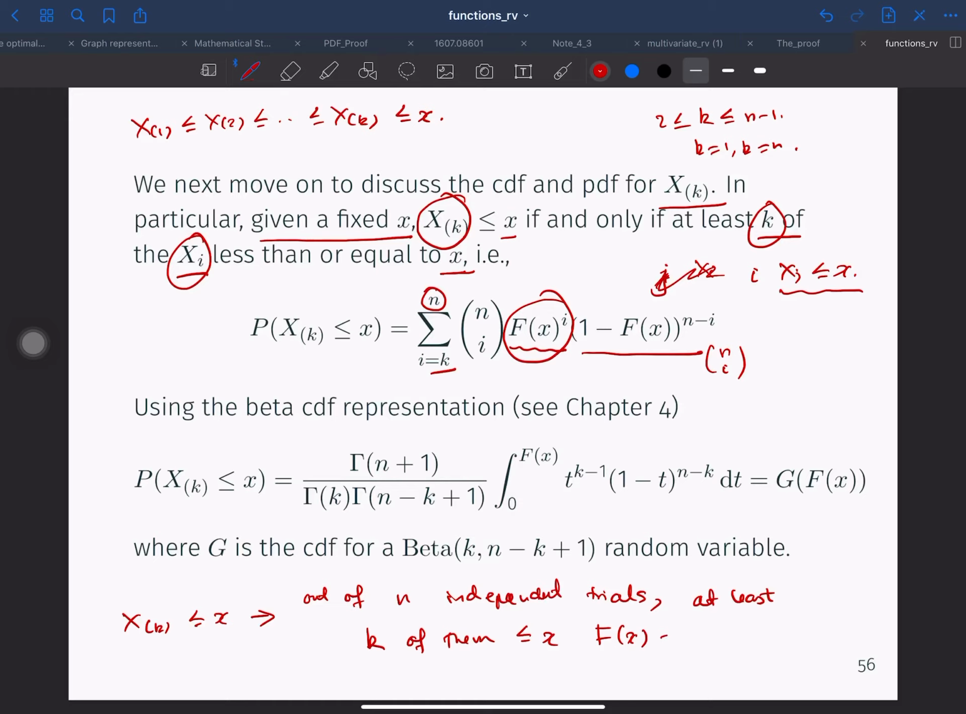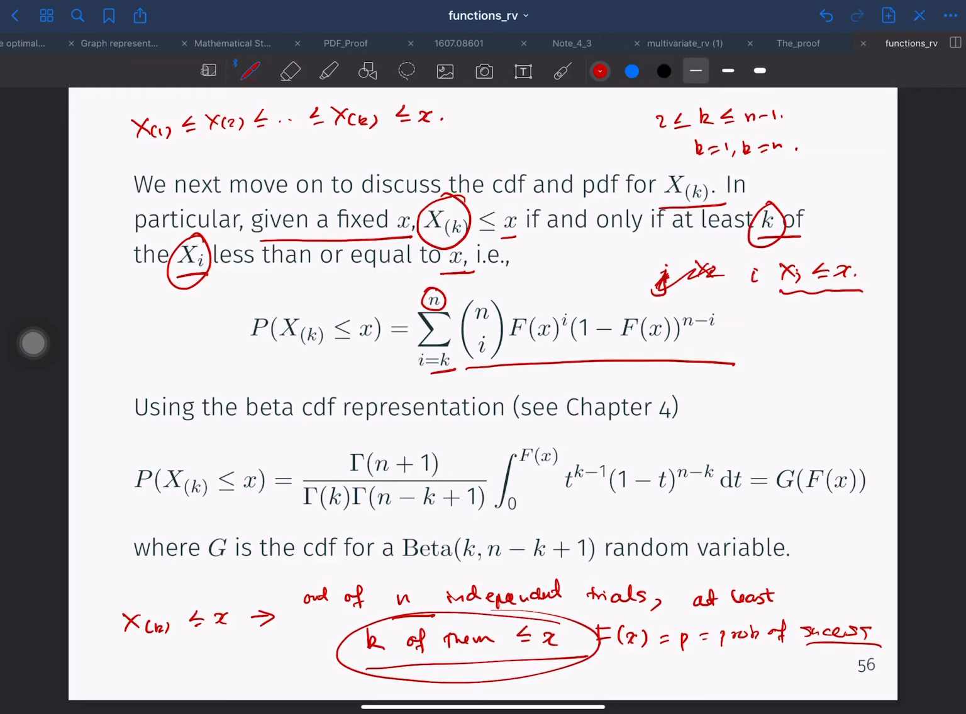So F(x) is p, the probability of success. The probability of success is the probability that it is less than or equal to x. So therefore, by this tail property of the binomial, that is simply this quantity. Out of n independent trials, at least k of them are less than or equal to x. So sum over i from k up to n of this one. And now we can use the beta CDF